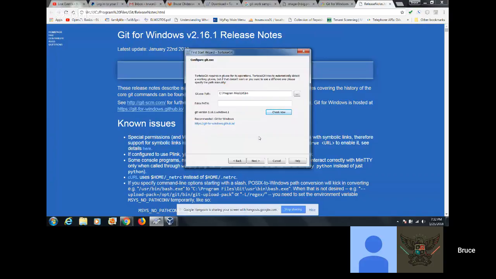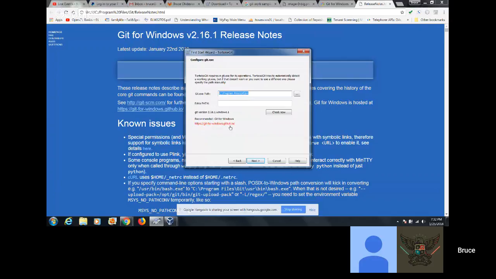Once you get to the point where you finish installing the executable, it'll automatically put in the path. Just stay there and let me know when you're there. The path should be something similar to yours if you did the default.